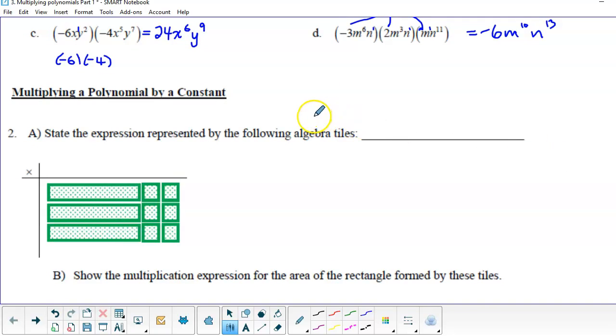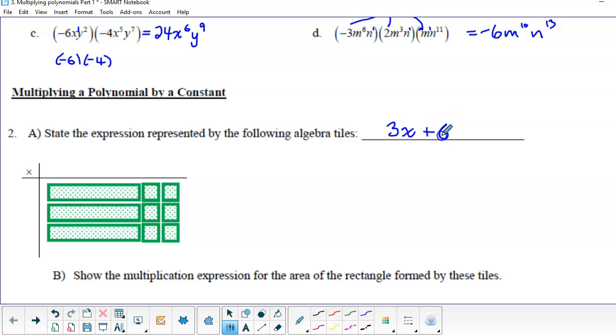Now we're going to look at multiplying a polynomial by just a constant. Remember, a constant is just a number. So it says, state the expression represented by the following algebra tiles. If you remember back to yesterday, or I guess it was last week, the long skinny ones that are colored are x's, and the little squares are 1s. They're constants. So there we have 3x